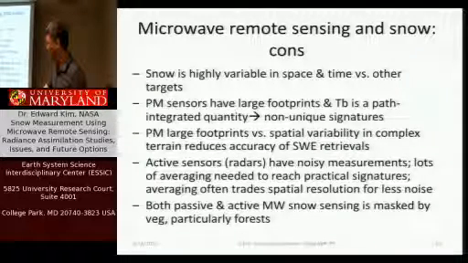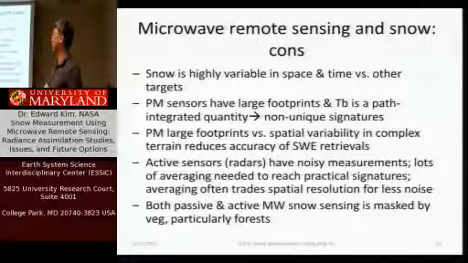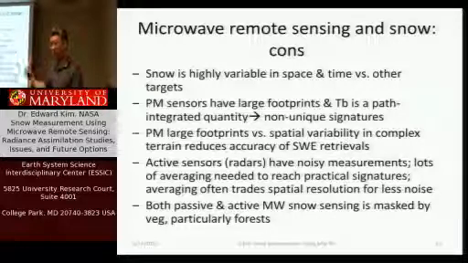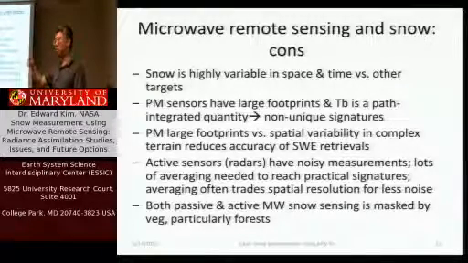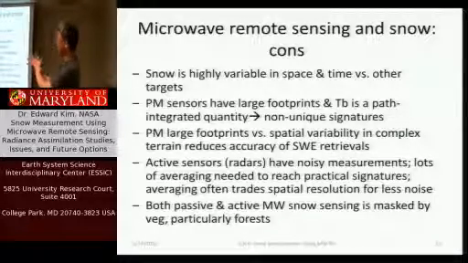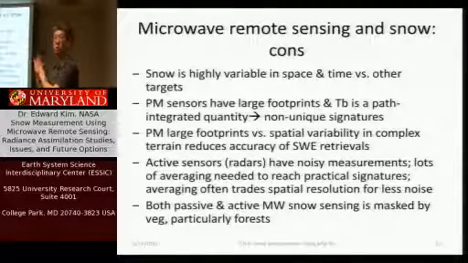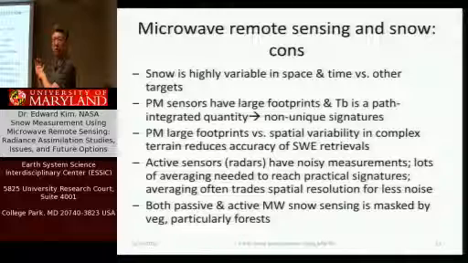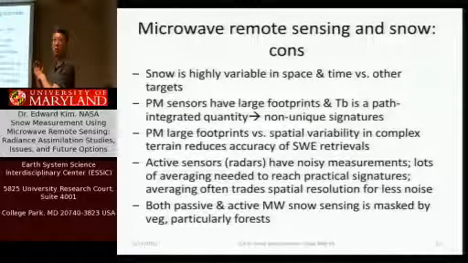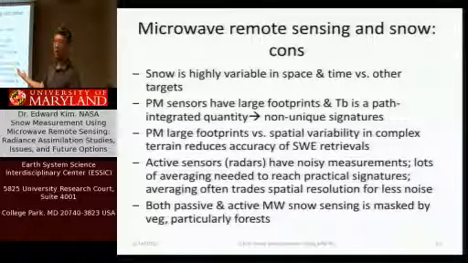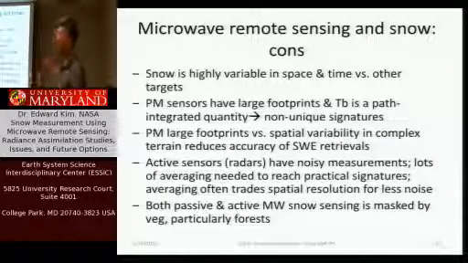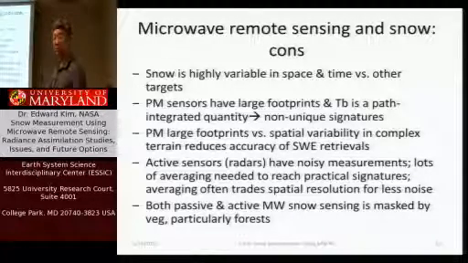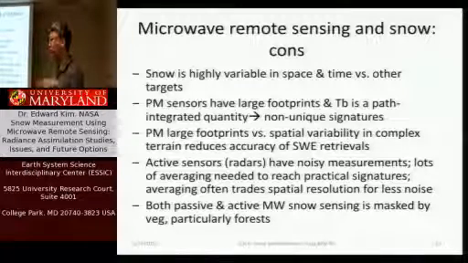The other aspect of passive microwave sensing in general is that the brightness temperature number that you get is a path integrated quantity. So you could look at it in an image and say, aha, this pixel is 202 kelvins. Well, there's a lot of different snow packs and conditions that'll give you a 202 Kelvin number. It's not a unique one-to-one correspondence between a brightness temperature and a particular snow condition. So you need a lot more information than just the one number that you get from a satellite